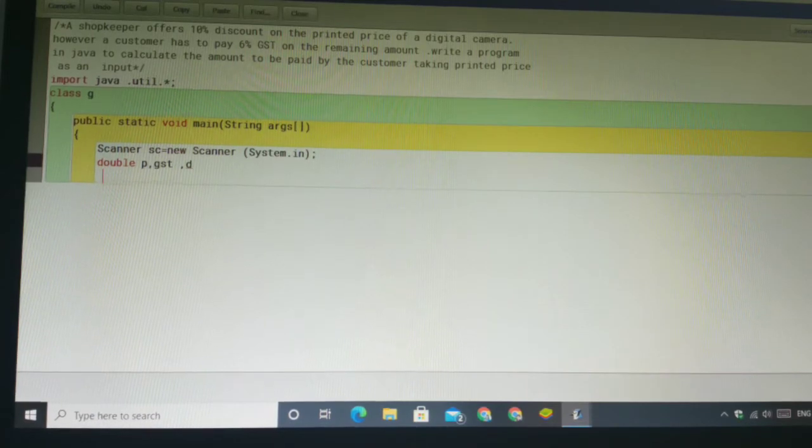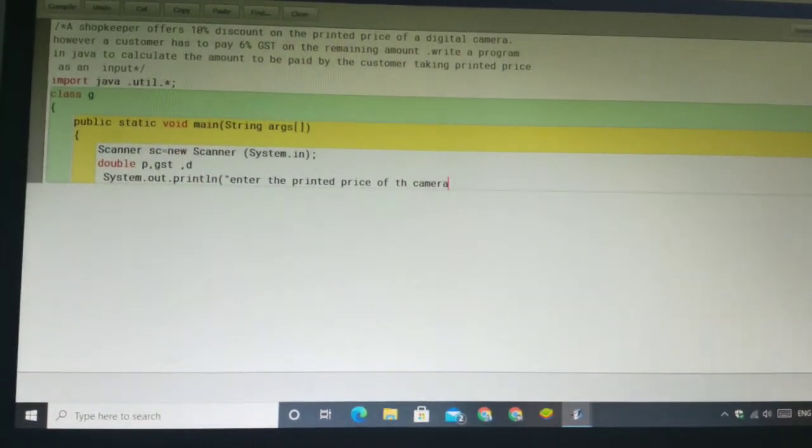Okay, then the message: enter the printed price of the camera. Then the statement System.out.println, with the message, enter the printed price of the camera, or the printed price of the digital camera.